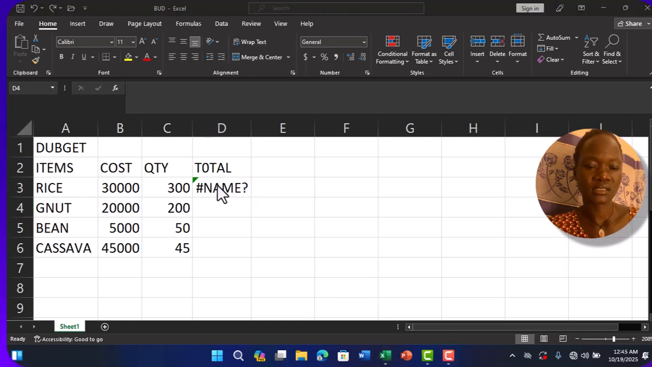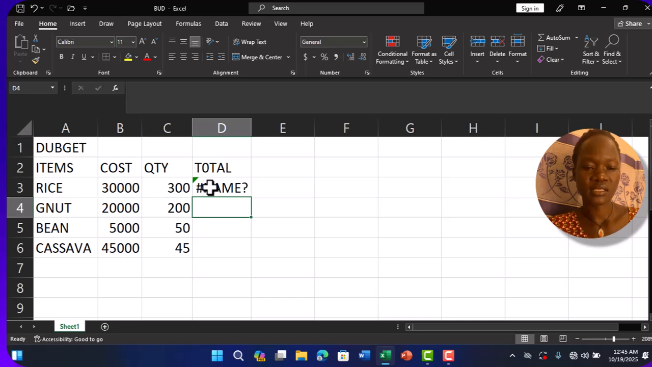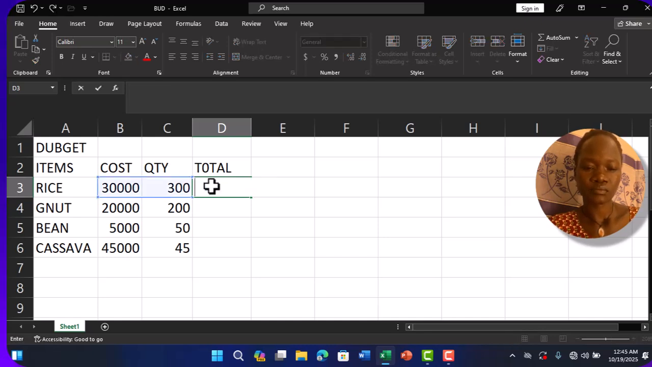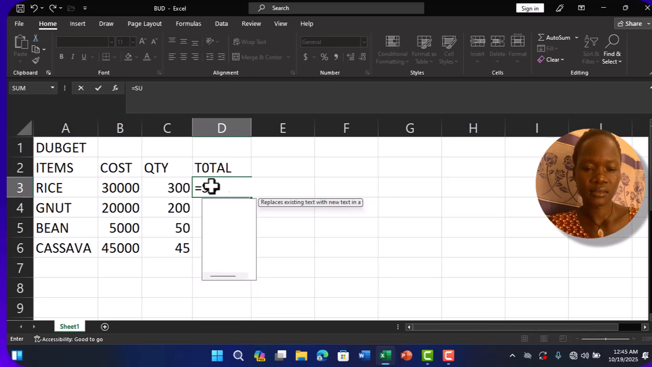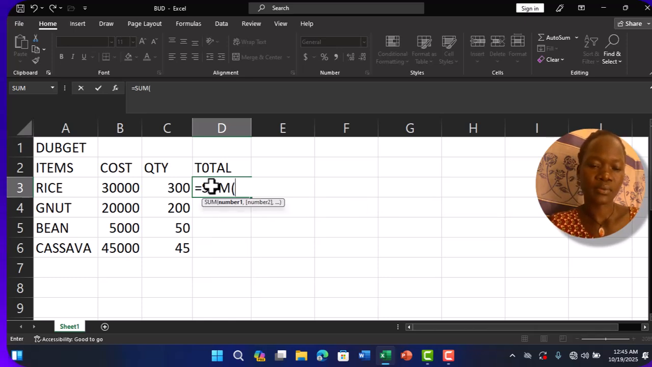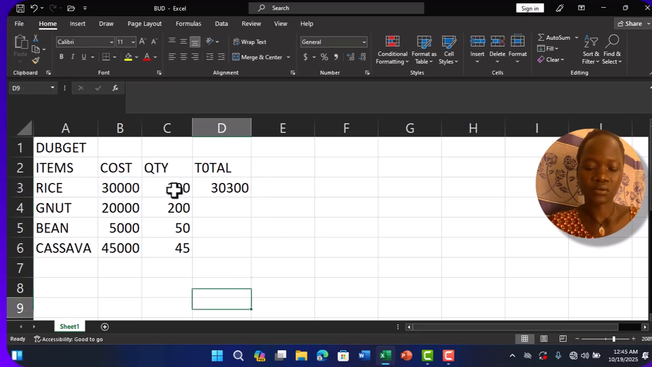This is called hash name simply because the function you enter here, the formula, is not recognized by Excel. So in order to remove this error, you put your equal sign. Instead of putting add, now you bring in sum, you open your bracket, you tap what is in that cell, plus what is cell 3, then you close